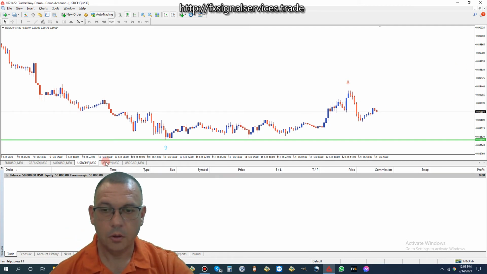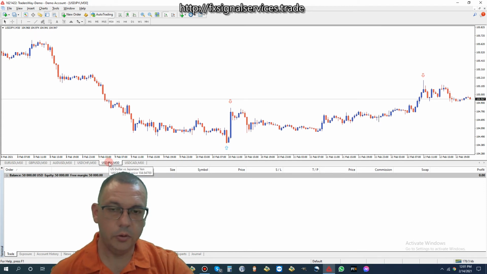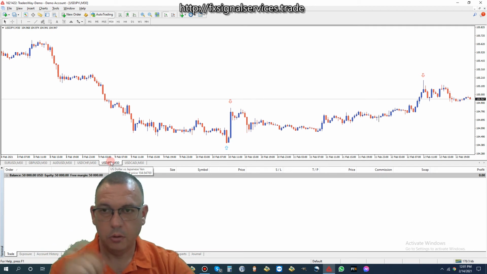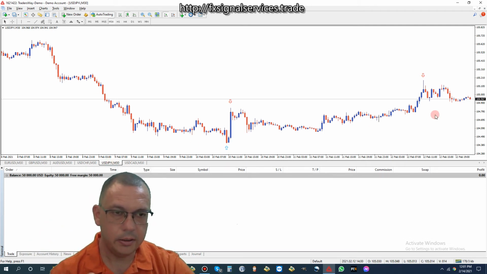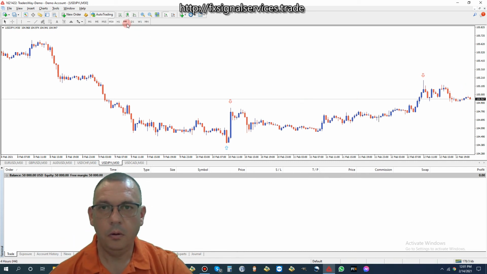Moving on to US dollar versus Japanese yen. Again, we see pretty much the same movement. The price dropped, this is the pullback, and then it formed a range market, but it actually did go up slightly, which is a good sign. Right now we have a red arrow, meaning that it's probably going to drop a little bit and then go back up some more. If we look at the 4-hour chart,